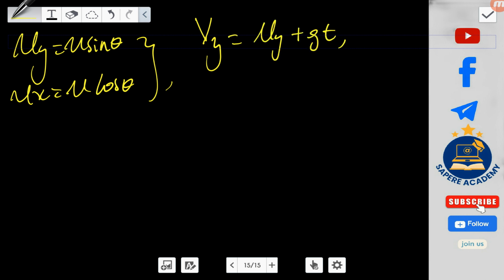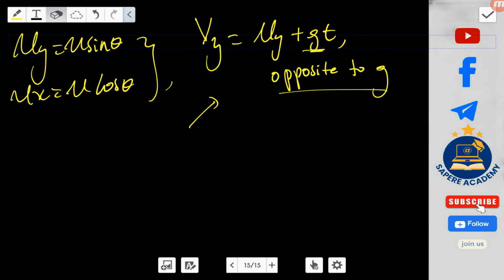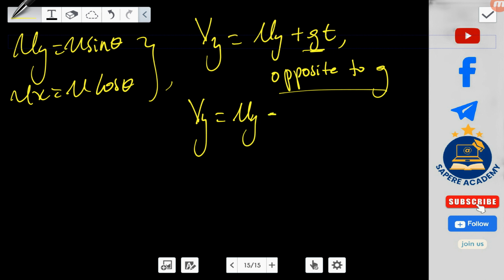But because the object is moving opposite to g. አስታውሱ ነገር u ሲወረወር ወደ ላይ ነው የሚሄደው g ወደ ታች ስለሚሄድ the value እዚህ ጋር ተቀመጧ ኔጌቲቭ ሆና ነው የምትመጣው። ስለዚህ v of y is equal to u of y ሲቀነስ gt ይሆናል።